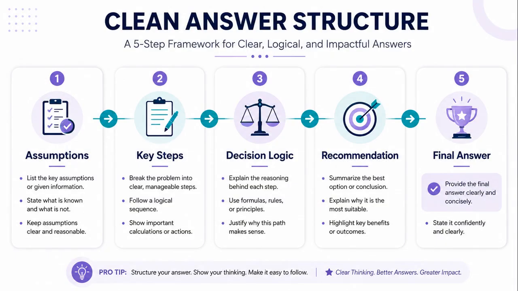Now let's look at ask for step-by-step thinking without hidden reasoning. For complex tasks, ask for a step-by-step answer. You can ask the AI to show key steps, assumptions, and final recommendation. You do not need hidden internal reasoning. What you need is a clear explanation you can review. Ask for brief reasoning or decision logic. Ask the AI to list assumptions. This makes the answer more transparent and easier to check.